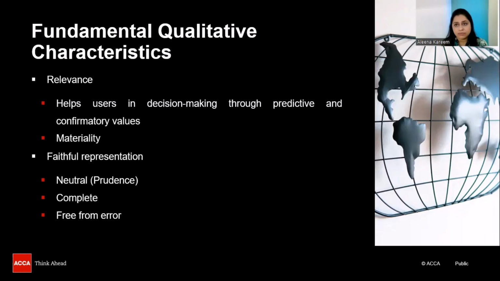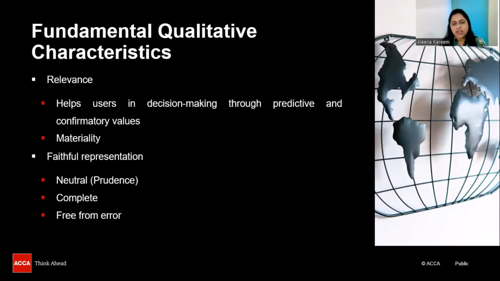Then the information should be complete. All information related to a particular transaction should be correctly recognized, right? Like we see in IAS 16. IAS 16 says that whenever you are purchasing an asset, you need to identify and recognize all the directly attributable expenses in the cost of the asset. Now, someone can say that, okay, how about I recognize it as an expense? Ultimately, also it is going to be depreciated. But then you are not presenting the information correctly. So it needs to be complete, it needs to be neutral, and the last thing is it should be free